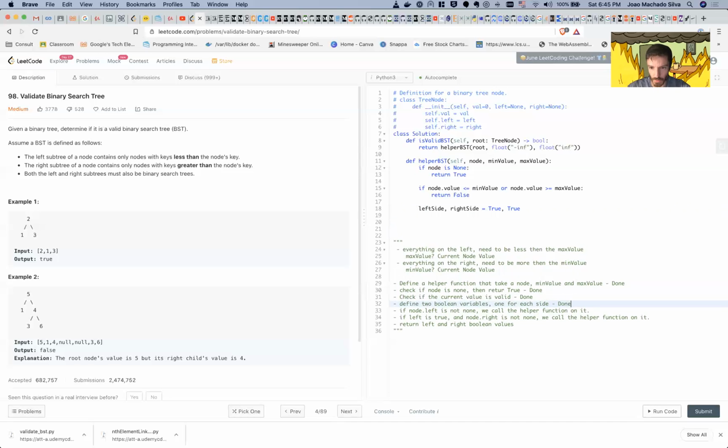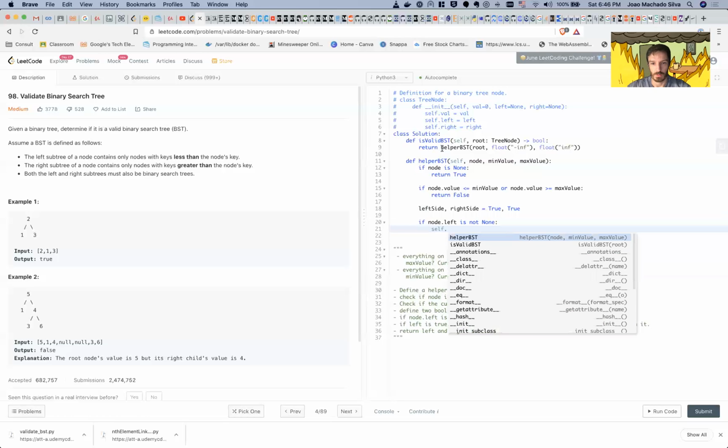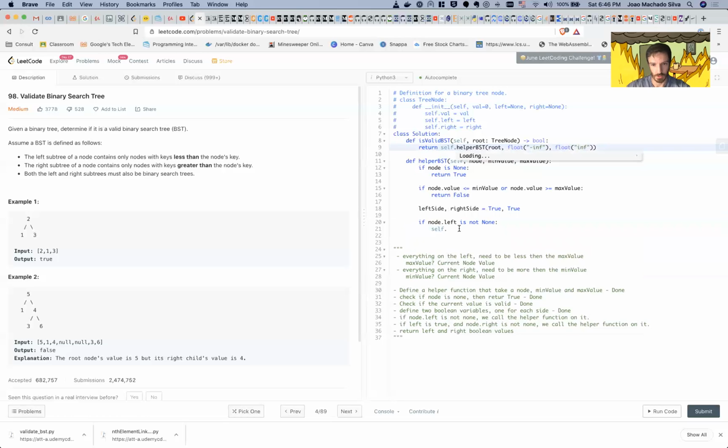Okay, doing good so far. So if left is not none, call the helper function on it. Okay, so if node.left is not none, call, oh, we need this in here, helper BST,